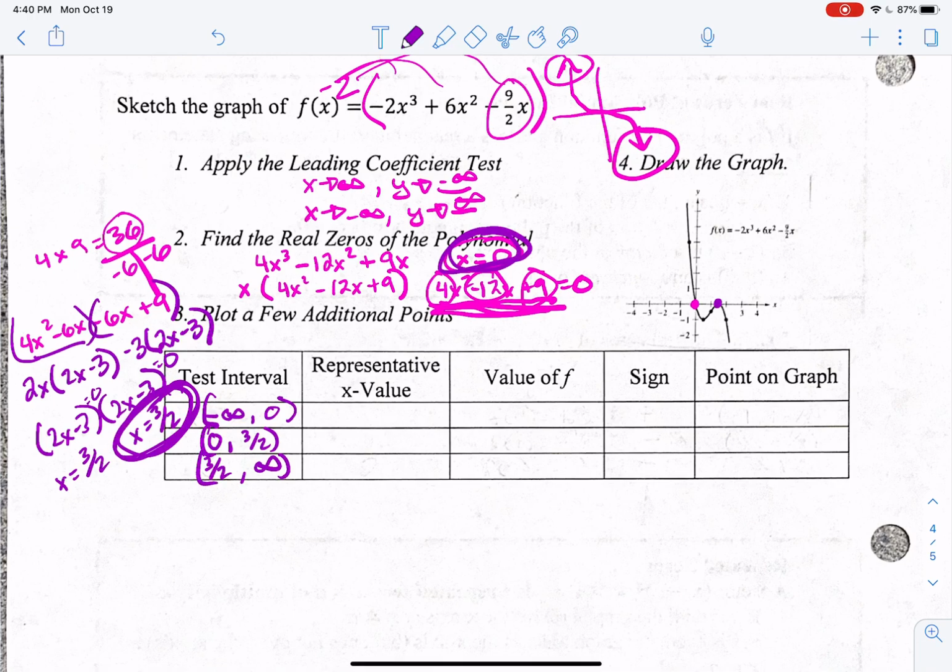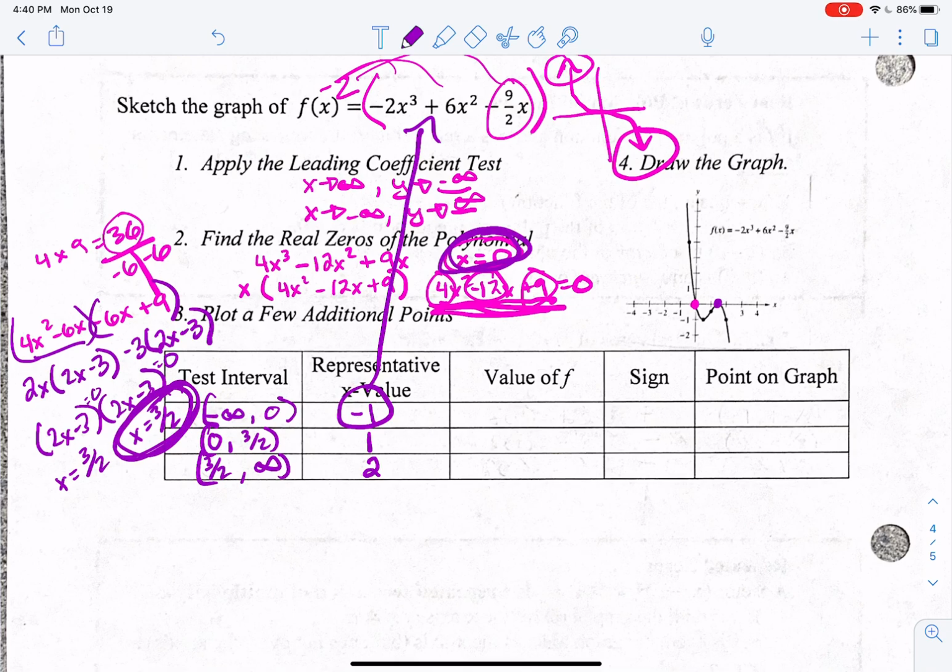Then we just have to pick some test values. So from -infinity to 0, a really good number is -1. Between 0 and 3 halves, we can use the point +1. And between 3 halves and infinity, we can use the number 2. Again, you can use any number that's in that interval, but I just chose those because those are really nice, okay? So then we're going to take these and plug them in. So I'm going to take -1 and plug it into this equation up here, okay? And I'm going to